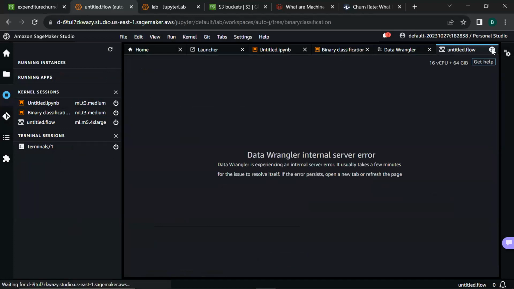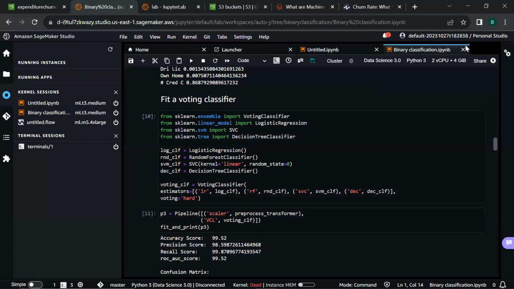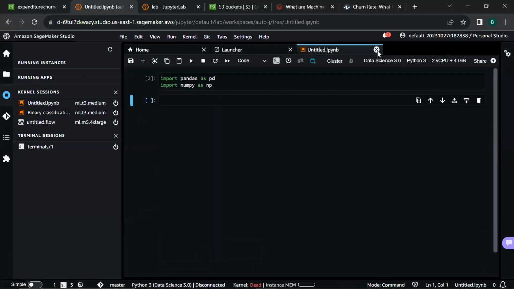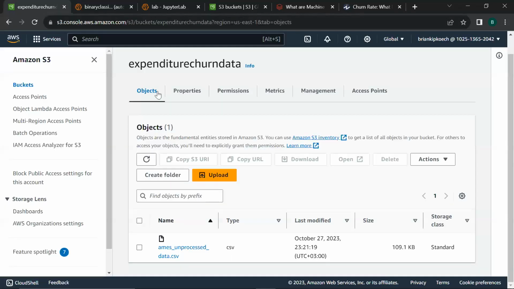So since we closed everything, even the data wrangler instance was closed. So I'm going to close it as well. And even this one. Okay. So since I've already selected that option to make sure that all instances shut down, I am sure at some point it's going to be shut down. So let's continue. Let's not waste more time here.